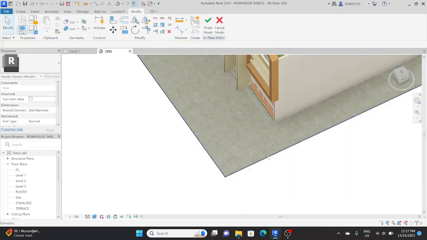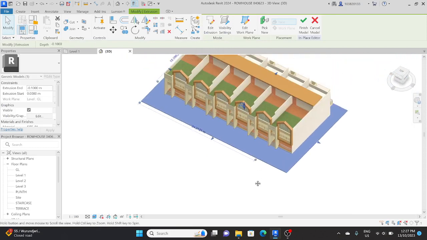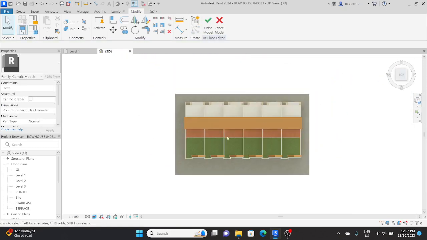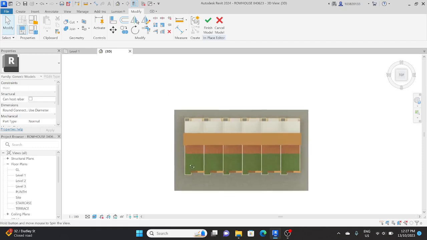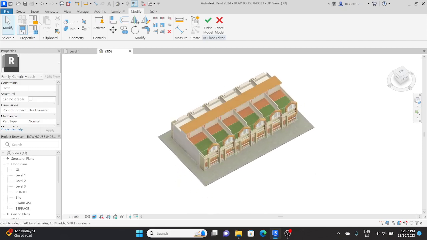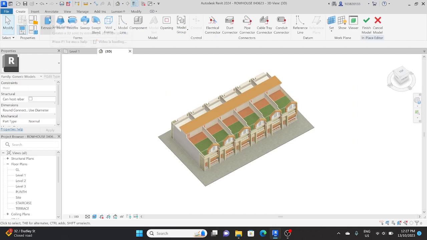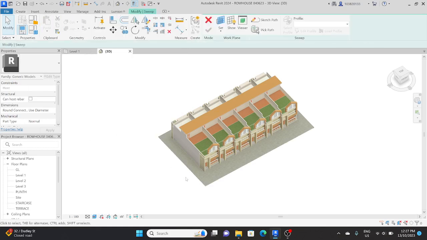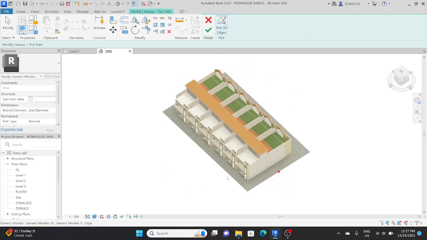So as you can see the material has been applied. Similarly, to create a boundary wall, there are various tools, like the tools we use in SketchUp. There are pretty much tools available. For example, in sweep you can simply click on the edges of this portion,